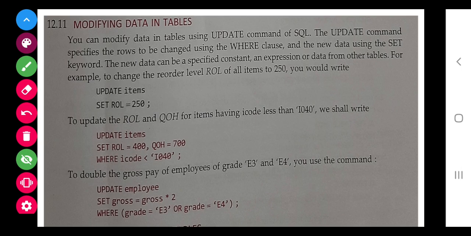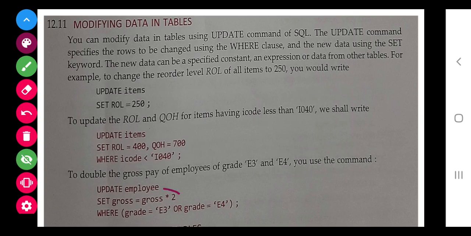In the table there are columns named roll, QOH, ICode, and where ICode is this value, set roll as this and QOH as this. Update we have done previously also in the previous class.